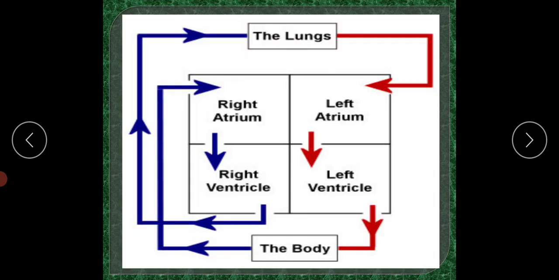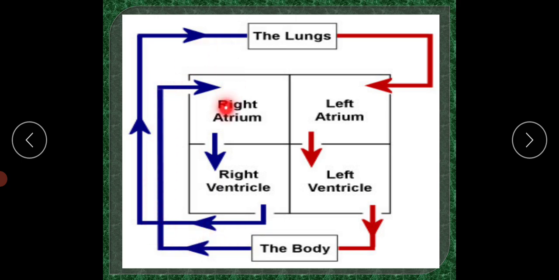Let's see the flow chart of circulation of blood through the heart. From the lungs, the pulmonary vein brings the oxygenated blood to the left atrium. The left atrium pumps it to the left ventricle, and through the aorta it reaches the body through the different arteries. This blood is oxygenated. Now the oxygen is being used for producing energy and carbon dioxide is produced. Veins carry the carbon dioxide containing blood to the vena cava, and that takes it to the right atrium.